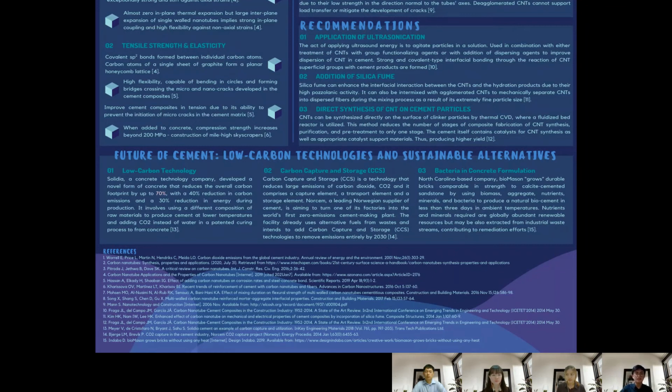To list a few examples, firstly, low carbon technology. Solidia, a concrete technology company, has developed a novel form of concrete that reduces the overall carbon footprint by up to 70%. In a normal cement manufacture, process emissions come from the breakdown of limestone into lime and carbon dioxide, while Solidia cement is actually a non-hydraulic cement composed of minerals containing less lime than the minerals that compose traditional cement. Since less lime is required per unit of cement, less limestone needs to be calcinated, and this reduces process